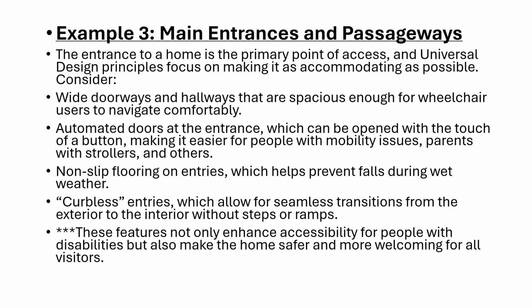Main entrances and passageways. Yes, I'm coming back to them again. Your entrance to your home is the primary point of access, and UD ensures that at least one doorway, but preferably two, because what if there was a fire in your house and it's blocking the one accessible doorway? You want two, but at least one is a wide doorway that will allow you to bring your wheelchair in, and then if the hallway is not right there in front of the doorway, that there is more than enough space in that front entrance to swing your chair and place it so that you can get down the hallway.